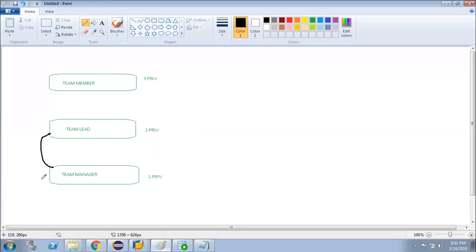He should have broader access compared to the team lead. Whatever the team lead has, definitely the manager should have. And whatever the team member has, definitely the team lead has that activity. Agree?